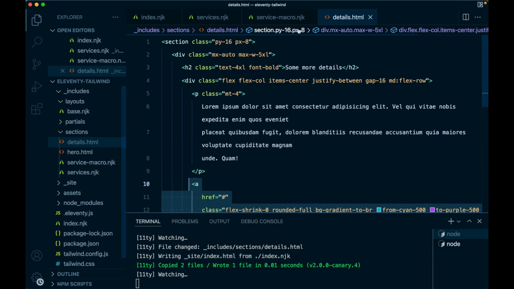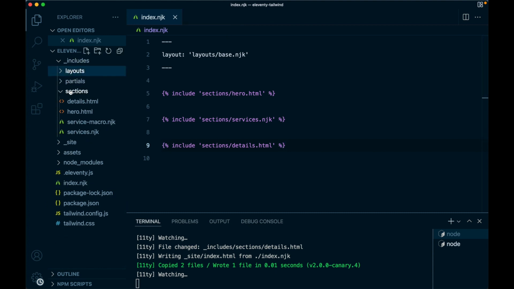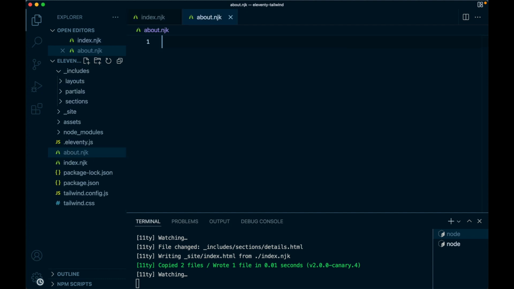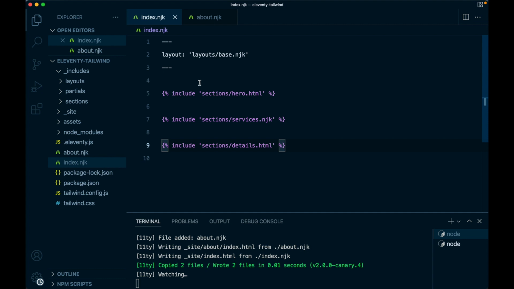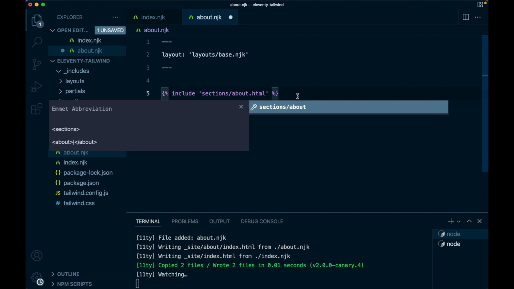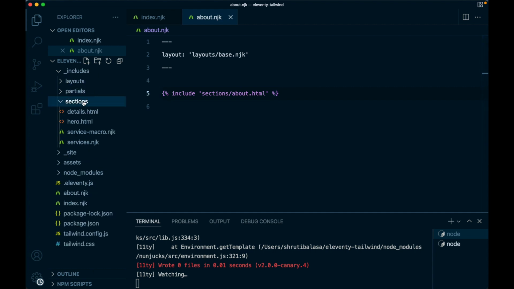So here, let's close all of this, and here. And now in the place, we have index.njk in the root. We also need to create about.njk in the root itself. Create a new file, about.njk. You can simply copy this much, paste it here. So about also uses the base layout, and here we can create an about section, about.html, create that here, new